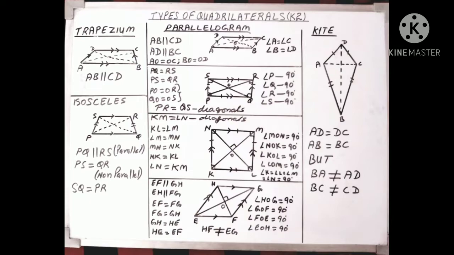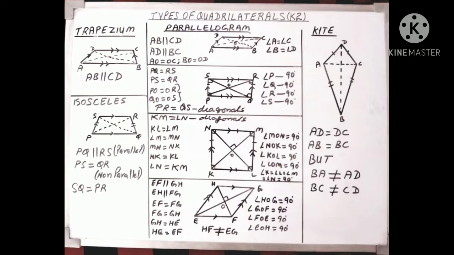Let us move on to this next figure below the parallelogram. This figure is called a rectangle. So a rectangle is also a parallelogram. A parallelogram in which each angle is a right angle is called a rectangle, right? So as you can see, we have a rectangle PQRS in which PQ is equal to RS,